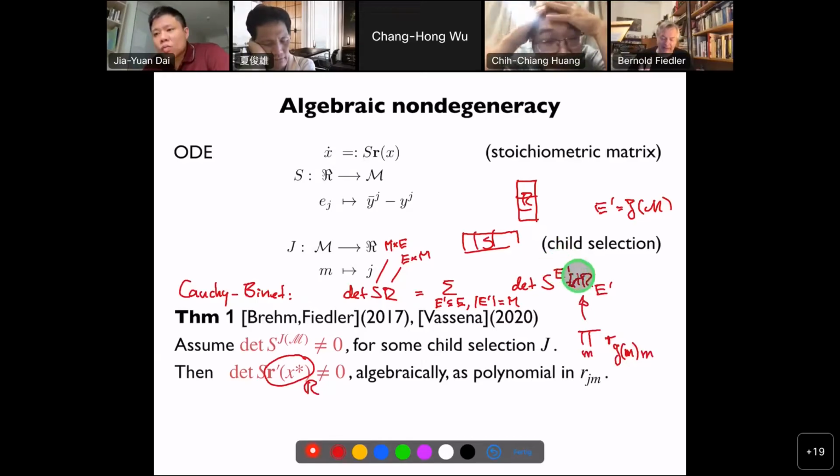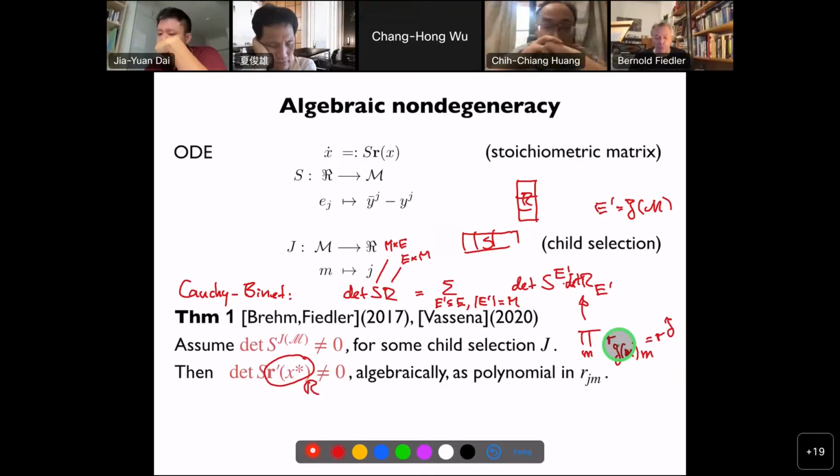So I can expand this, and with a sign I get terms. I call this, for simplicity, R to the J. Okay, for obvious reasons. This is a monomial in RJM, and there is a factor in front, so that